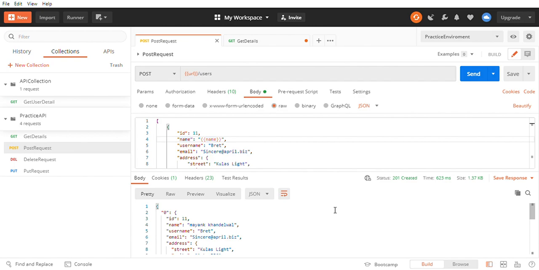So now you are seeing how data parameterization is working, how it is making our work much easier. We are not changing the value in every request. We just need to change the value in our environment variable, and this change will come across all your scripts or requests. Okay, so now let's pass this name. Now let's change this name value. See if the value is changed or not.